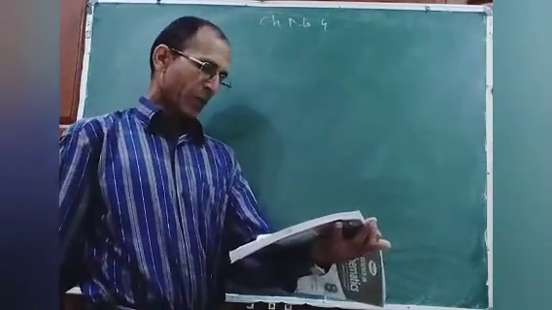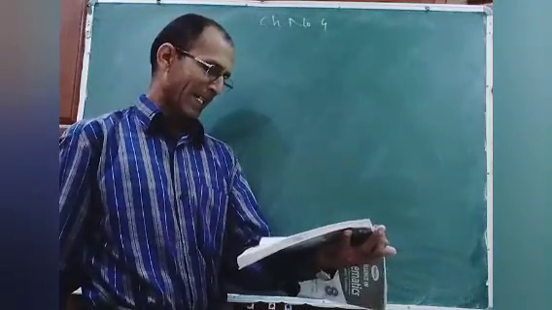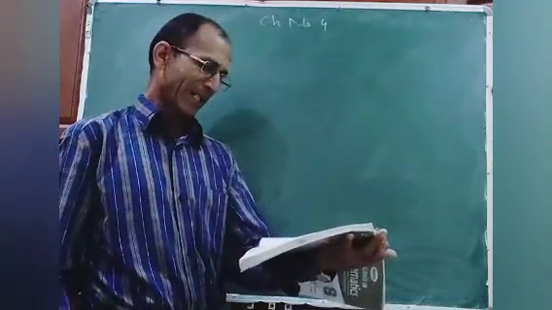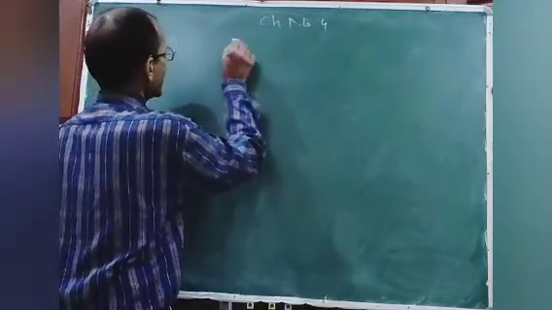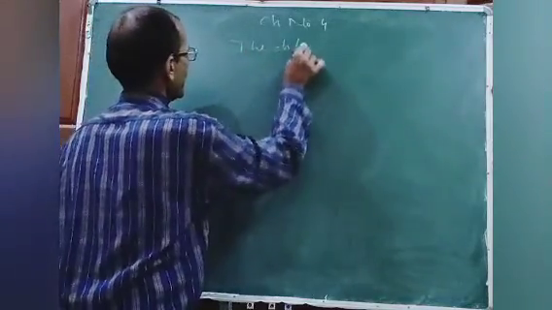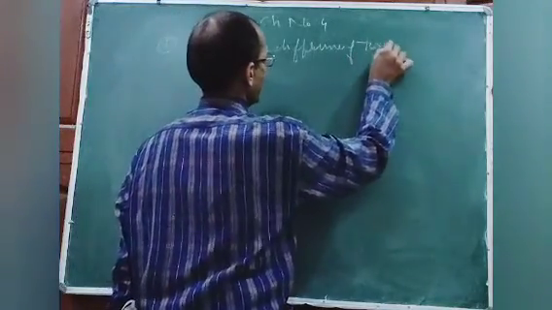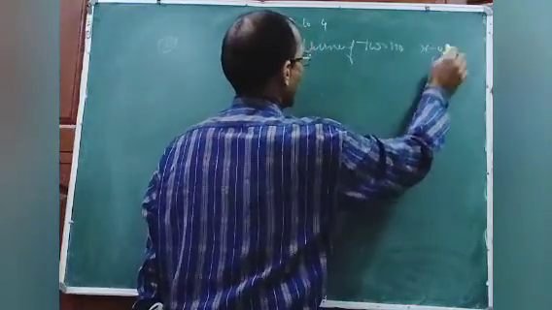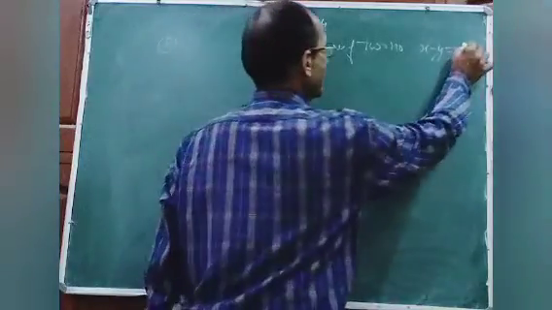If x and y are two positive numbers, x minus y is 100 and the sum of x and y is 540, then the values of x and y are respectively. We have to find the values of two numbers. The difference of the two numbers, x minus y, where x and y are the numbers, their difference is 100.